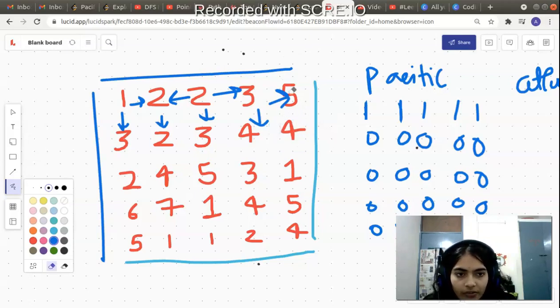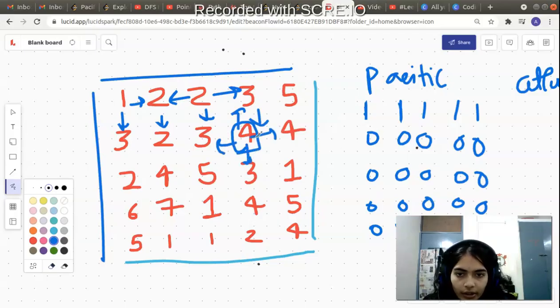Now once this function call has returned back, this function call will also return back. So I have broken this link also. Now it will go to this particular function call. Now we have entered the function call of this 4. Okay, so now when we have entered the function call of this 4, it will again call its 4 neighbors, and this will keep happening. So let's quickly see it.